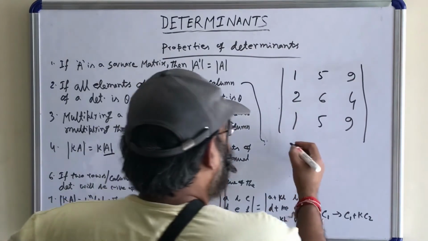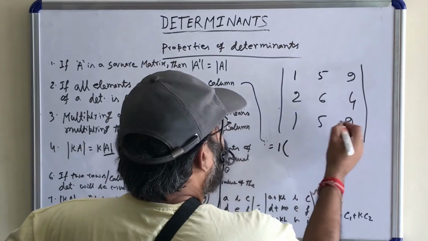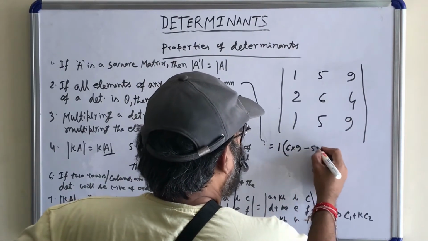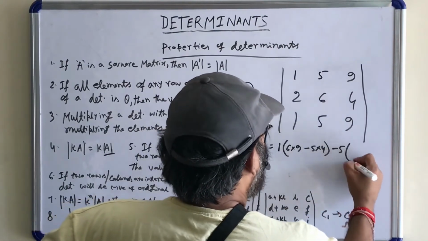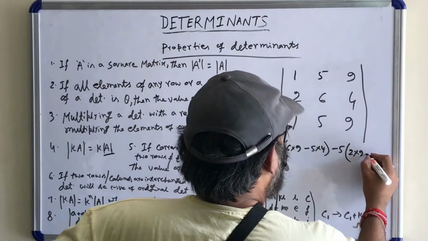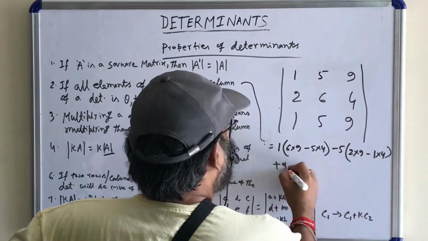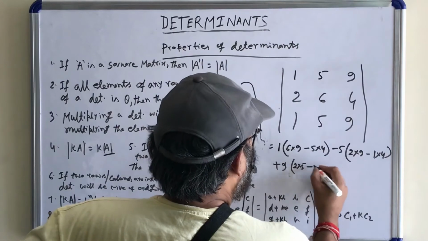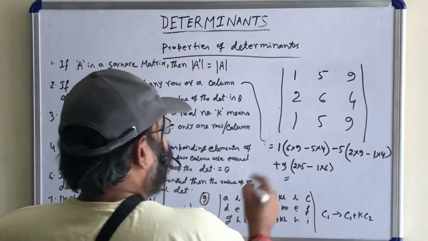In this case, I can find 1 into 6 into 9 minus 5 into 4, minus 5, 2 into 9 minus 1 into 4, plus 9, 2 into 5 minus 1 into 6,